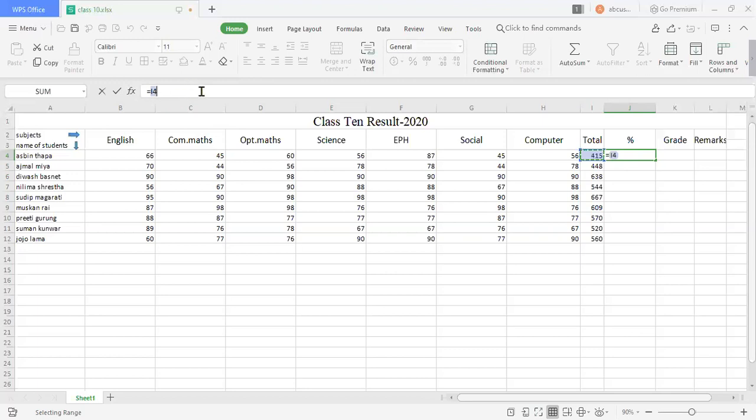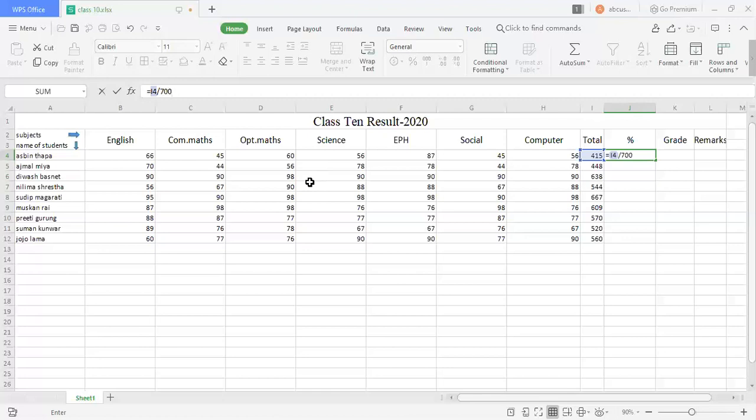We have to divide the total obtained marks by the full marks. How many subjects? English one subject, 1 2 3 4 5 6 7, total 7 subjects of full marks 100 each. So total marks will be 700.